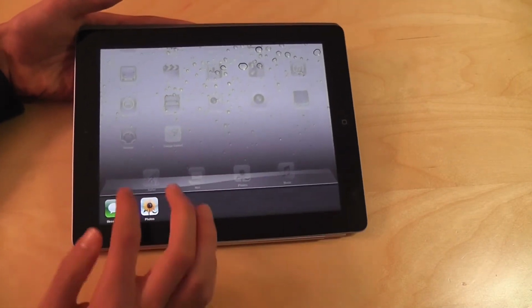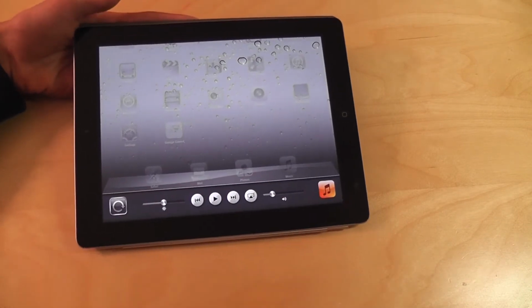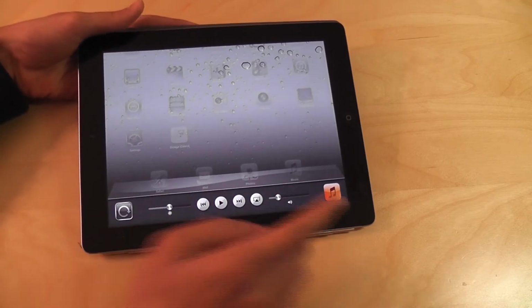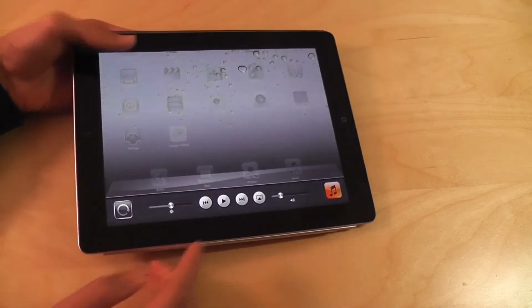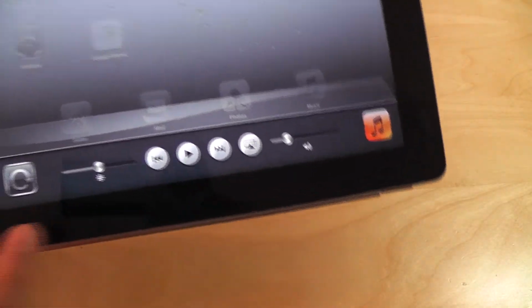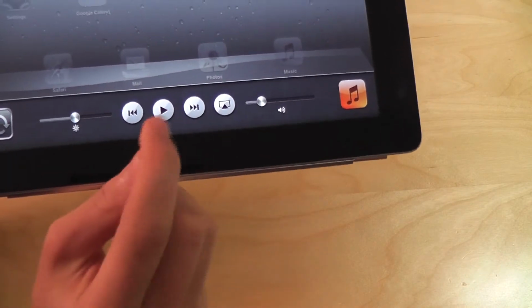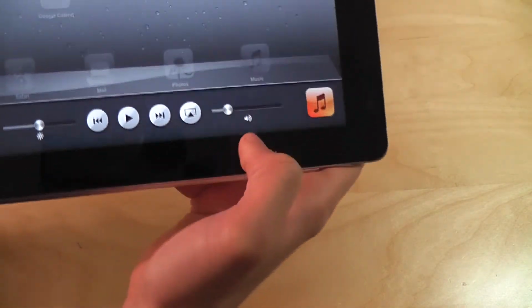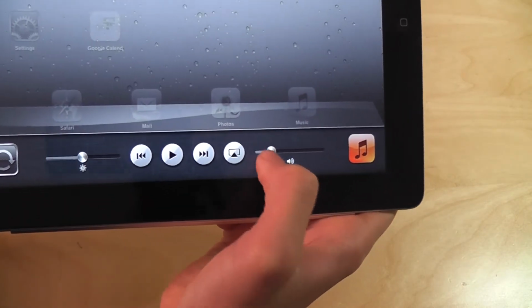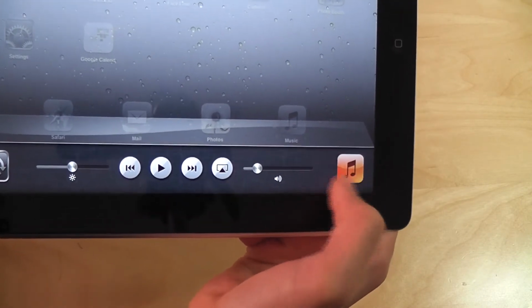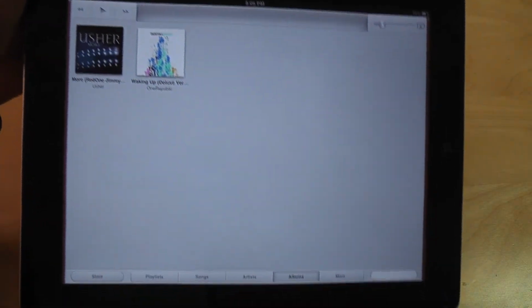Now, if you swipe to the left, you see this. Now, what is this? I'll explain it to you. So here, this is your iPod. Right here, you can control your iPod. You see there's the play, the fast forward, the go back, and even a volume, so you can go up and down the volume. And you can even click on this little icon, which means your music, and go to your music, but you don't necessarily have to do that.